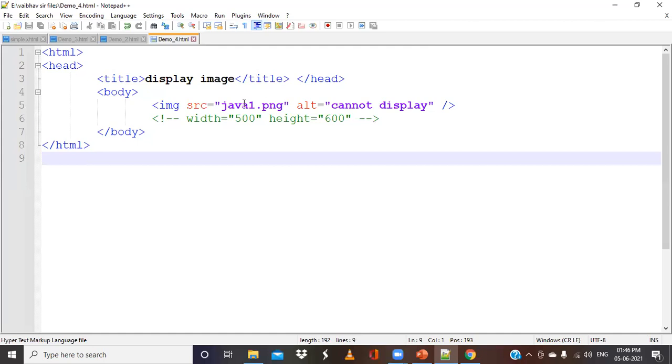So this is what we have related to the image. In the next class, we will discuss the width and height, and we can